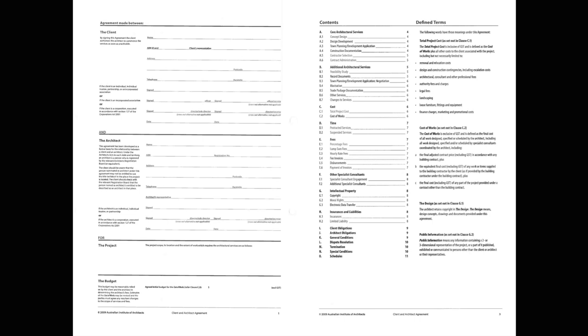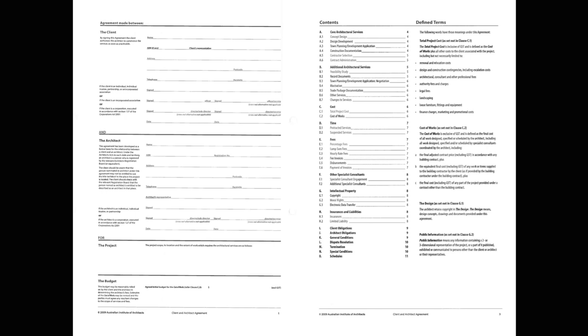So this is the 2009 Client Architect Agreement. This one is actually for smaller projects, so it's relatively short, just a few pages. But these things can be very involved for very large projects. So I think it's probably good for us to start with the smaller one. What I will do is load a PDF of this onto the Canvas site as well, so that you can actually have a closer look at it in case you can't see what's on the screen right now.